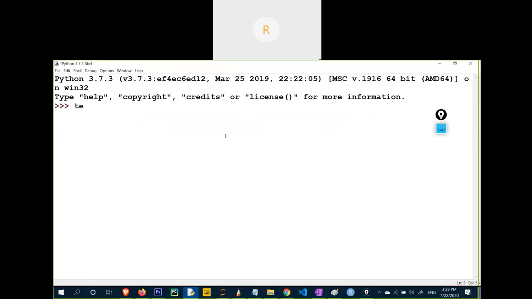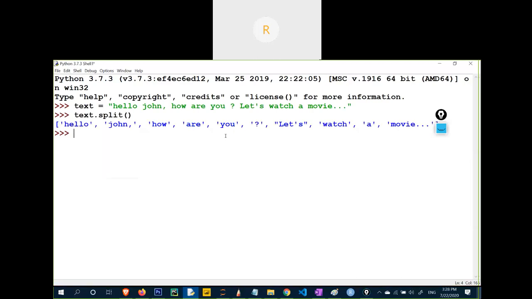So first, this is the text here I am writing. And now I will write text.split. And after that, the output will be something like this. But the problem with this split method is that it includes these dots and commas with it, so it will create problems in future. Like if there is a word John and then there is a word John with a comma, now both the words are different. Getting the point? It will give you a different result, but both the words are the same, but one includes John with a comma, and one does not.